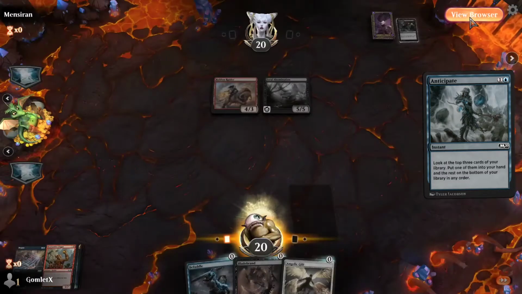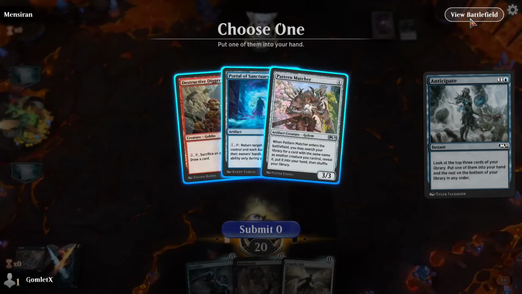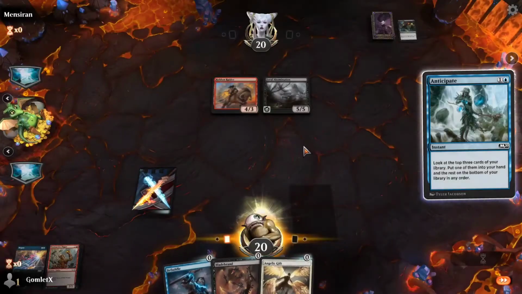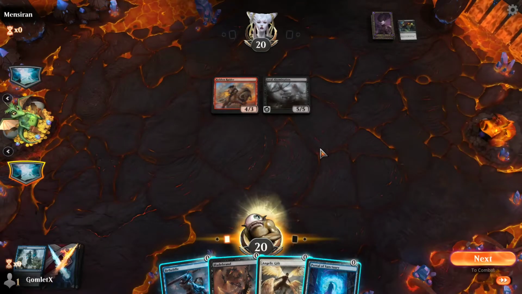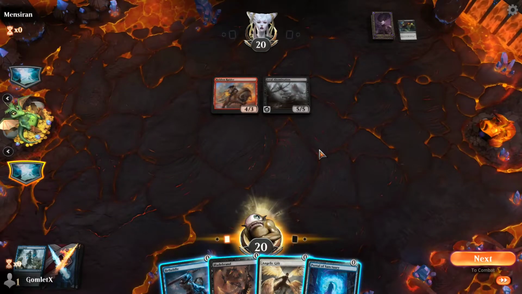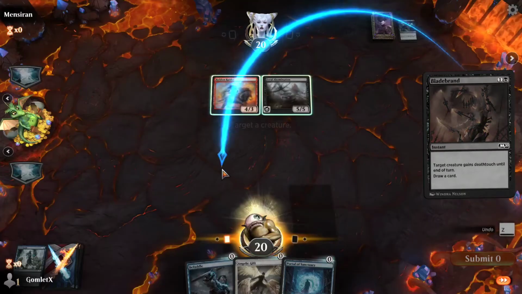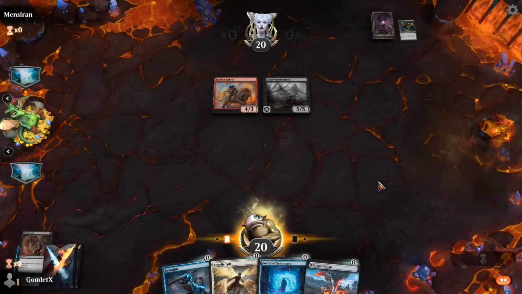I could get a Portal of Sanctuary with no other creatures out, which might actually be fine because my other options are a 3/3 or a 3/2 that do not do anything currently. So I think we do want that Portal of Sanctuary. Now if I do draw a creature, I can Angelic Gift and do it again. So let's actually Blade Brand their creature in order to try to...